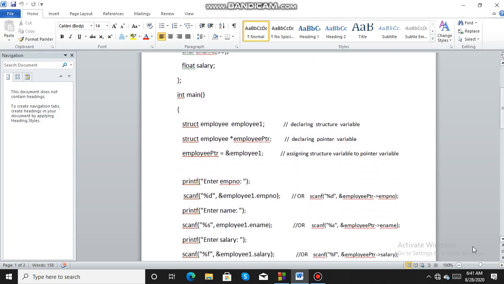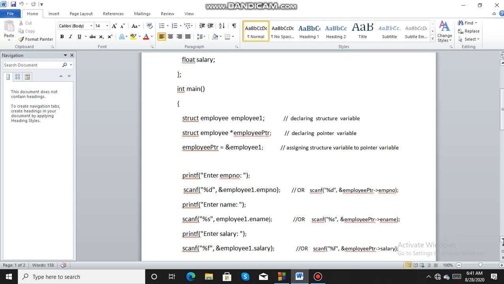Now after declaring the pointer, you assign the address of the structure variable to the pointer. As you know, a pointer always stores the address of variables. Here we are assigning the address of our structure variable employee1 to the pointer.